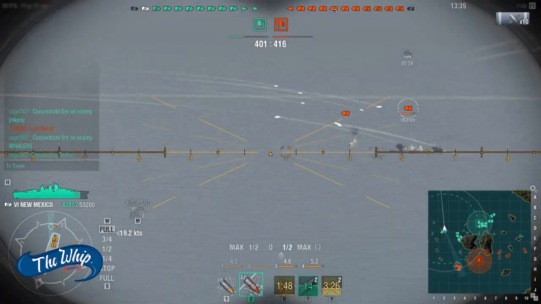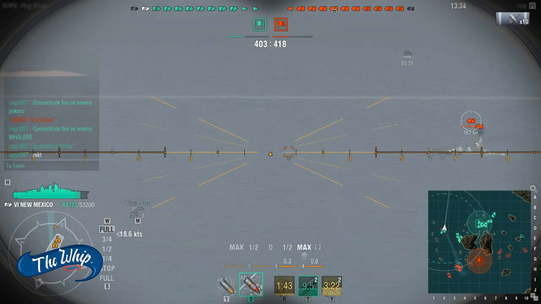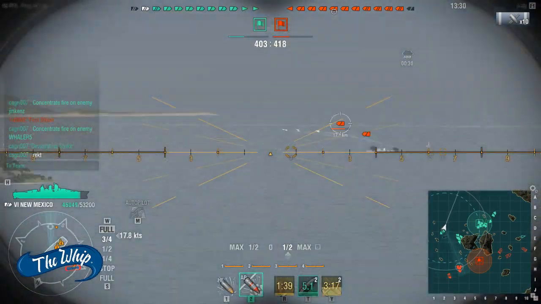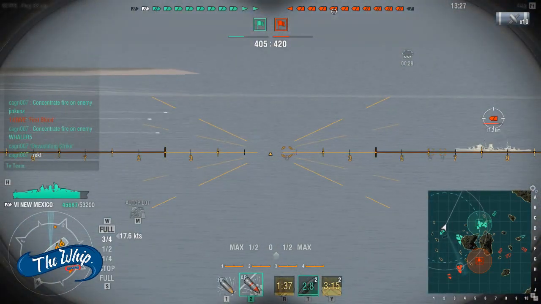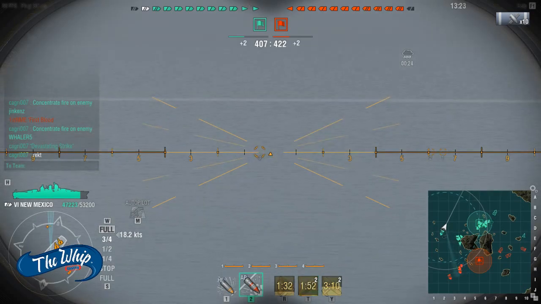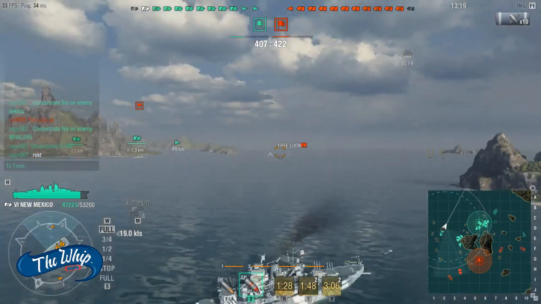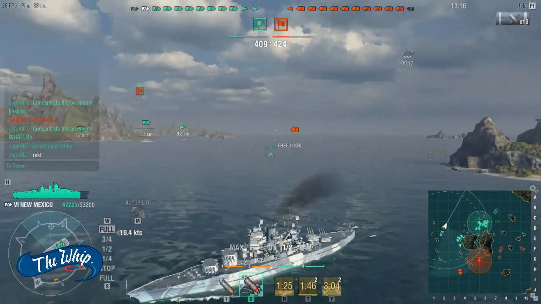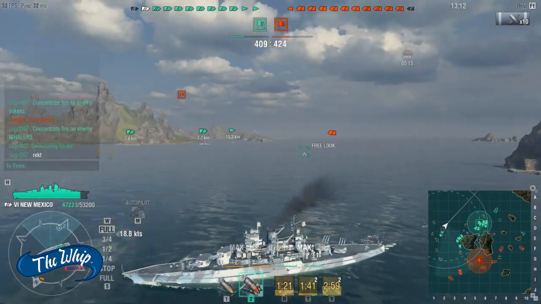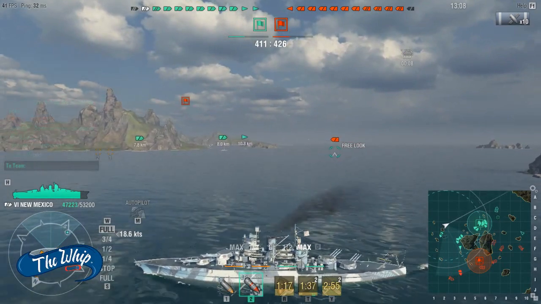Now, can we hit this target at 16 kilometers? Absolutely. Can we do decent damage? Again, absolutely. It's a cruiser, right? But will RNG be on our side? It's highly unlikely, because that's not how the guns want to behave. Now, what's good for us? Well, in 10 seconds,